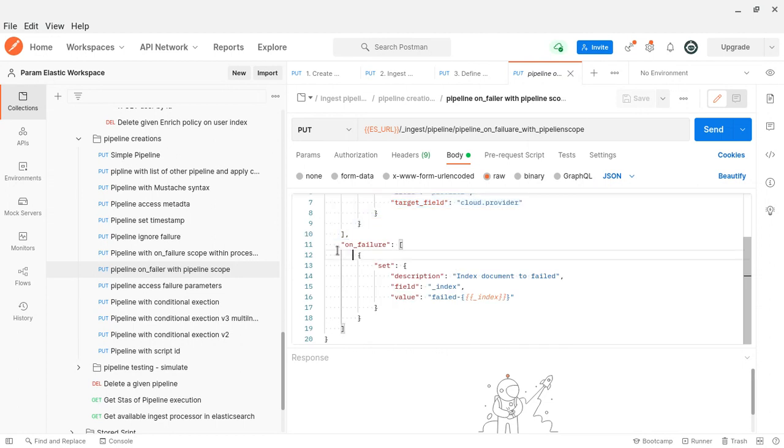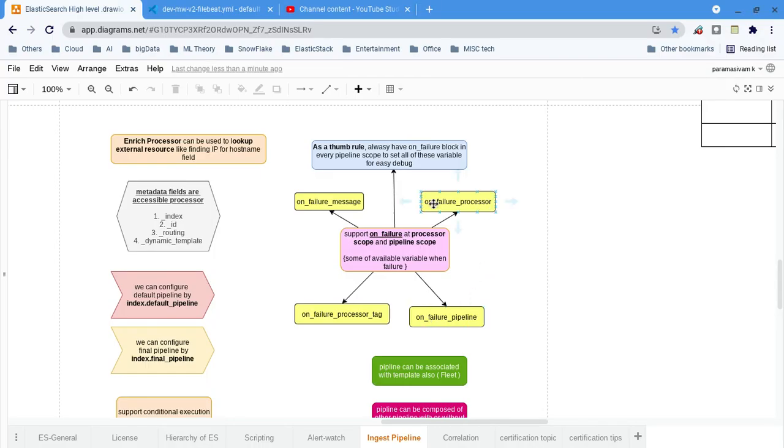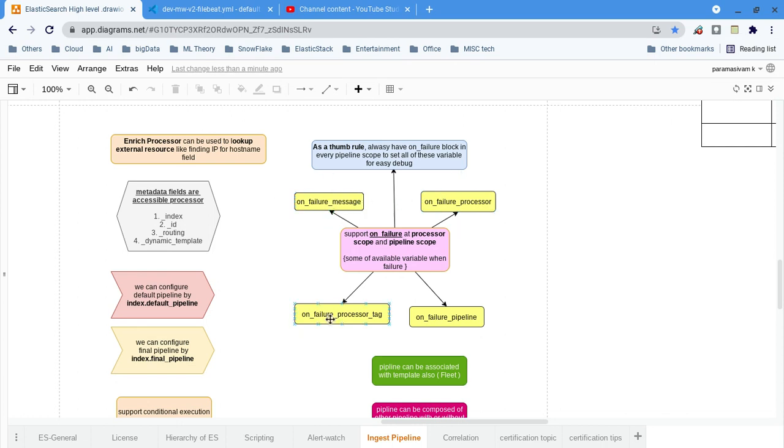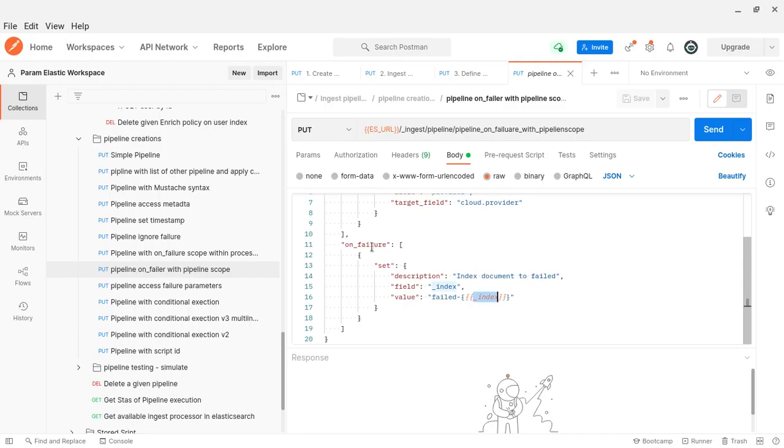Here it will be for every pipeline, so that you can understand what is happening, what the problems were, everything. So it's easy to debug as well. And this on failure block has these variables to access more information: on failure message, on failure processor tag, on failure pipeline, on failure processor. Here what I have displayed is the index, in fact, but you can access other variables also. All these variables are available within the on failure block.